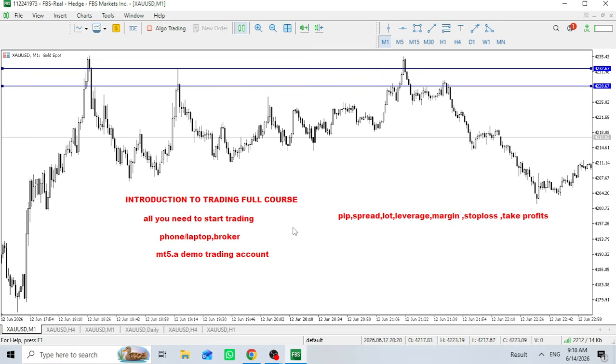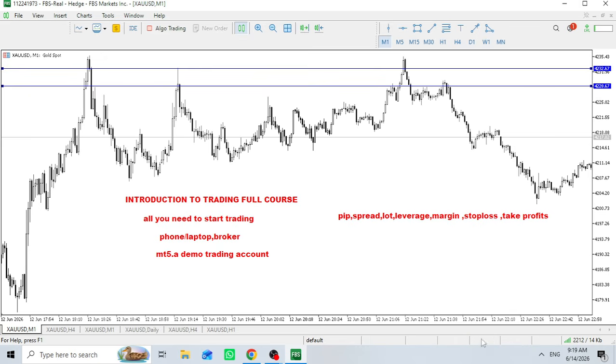Before we go to the next thing, we have talked about spread, lot, leverage, maximum, everything. Now, I want to take you through it procedurally, the right way. You have downloaded your MetaTrader from the broker you are using or the MT5 site. You can even download it from Play Store if you are using a phone. Now, how do you set up your MetaTrader?